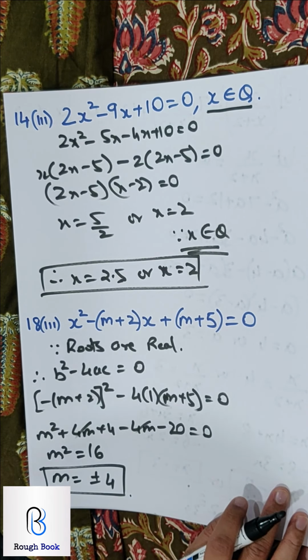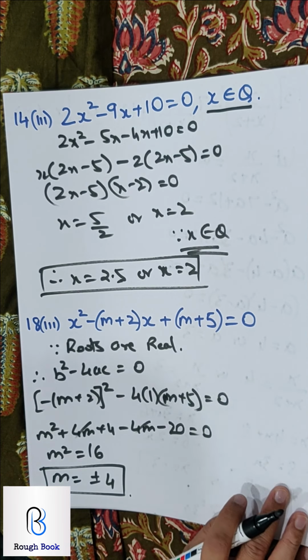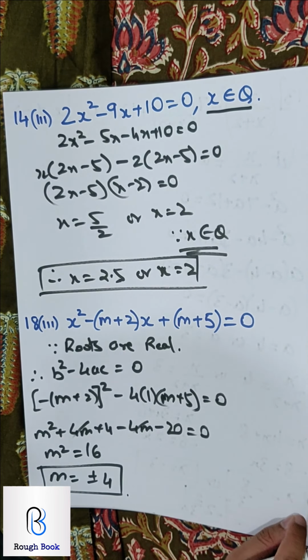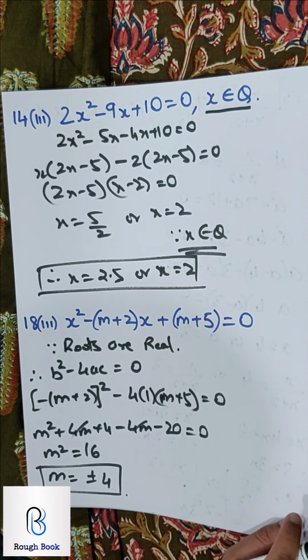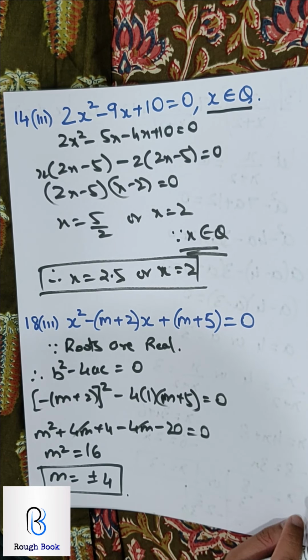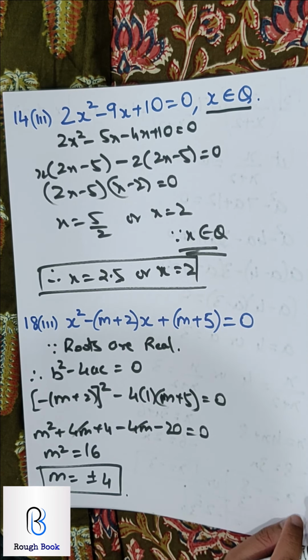Wow, you can pat your back. Let's go ahead with the next one. This is m is equal to plus or minus 4. Alright. Now there is a second part also to the question which reads further. So we need to be careful that we don't read only one part and think that we got our answer. We need to go ahead, understand the full sum and then try and solve it.